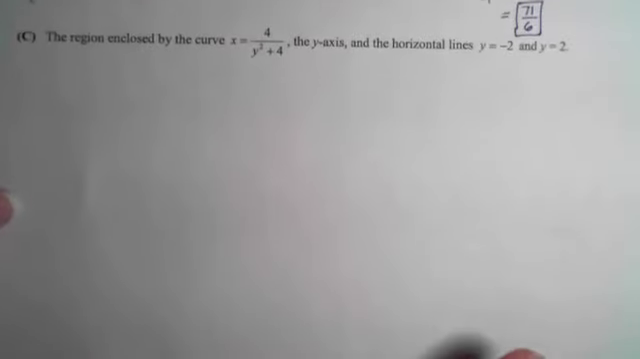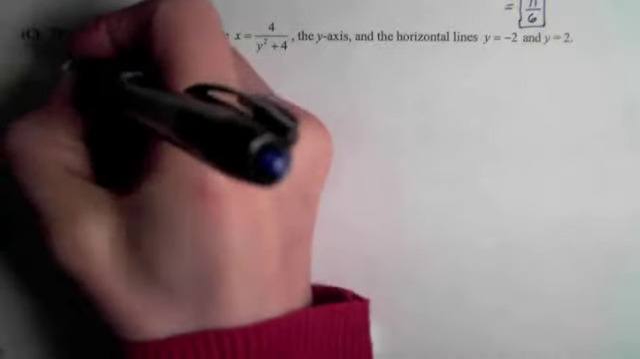Okay, last one, part C, region enclosed by the curve. Again, we've got some x's in terms of y, so we have to think sideways. And in my opinion, the easiest way to do this one is to just plot some points, because it's not a real obvious picture. So we'll have our axes first,